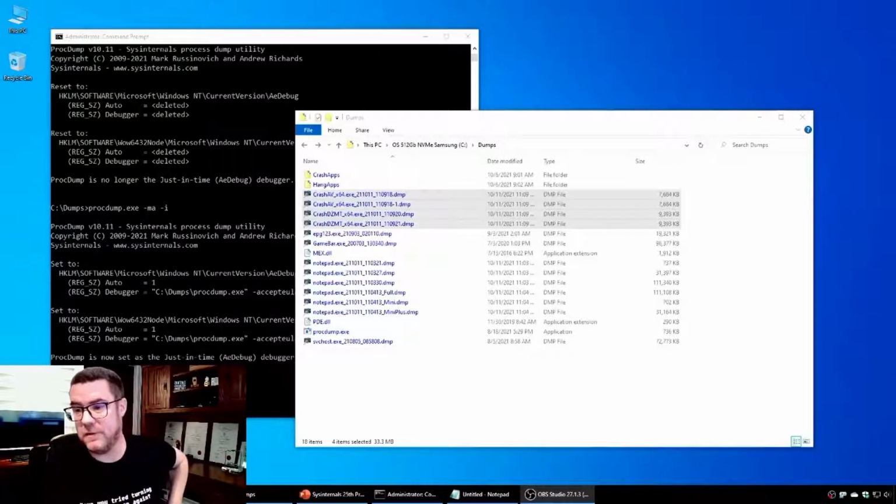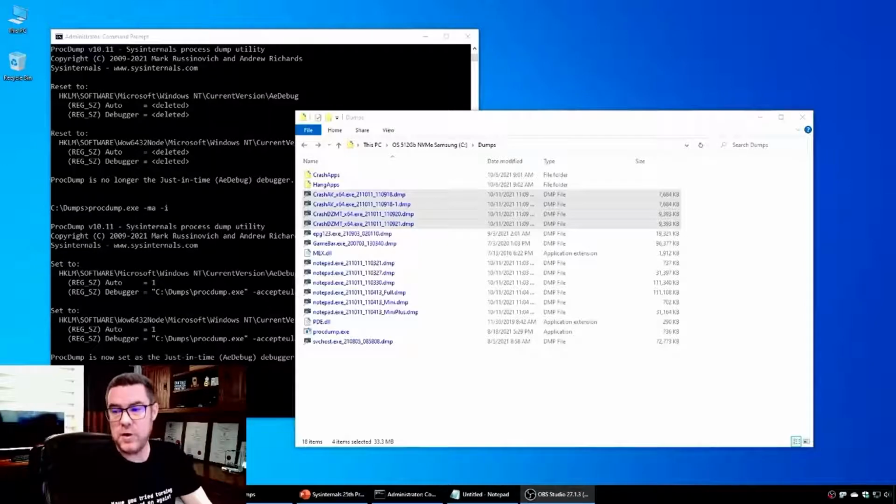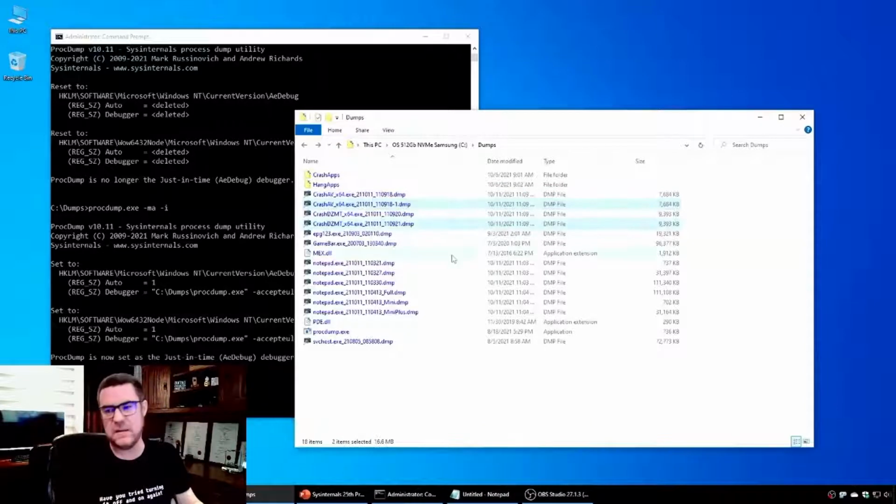The reason why you get 2, sorry, I was switching screens then, is because the operating system tries 2 times to resolve the situation. The point of AeDebug is to ask someone to fix the situation, not to collect a file. So in that case, we don't fix it the first time. All we've done is dump the file. Windows Error Reporting calls you again, and then after the second time, it goes, okay, obviously this can't be fixed, and then continues on to finish the application. Because of that, you can just delete the second file.